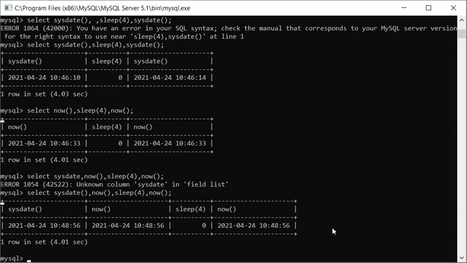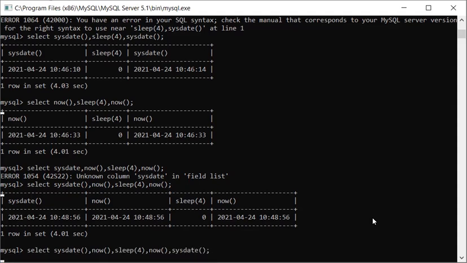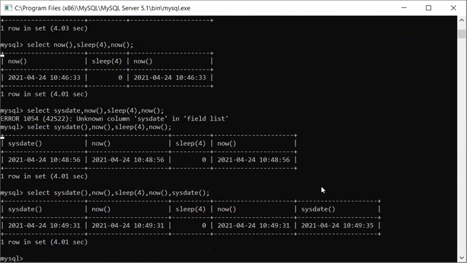All these answers are same. It means as soon as sysdate has fetched the time, let me show you this with one more function. Over here also I'm using sysdate. So you can see the differences.